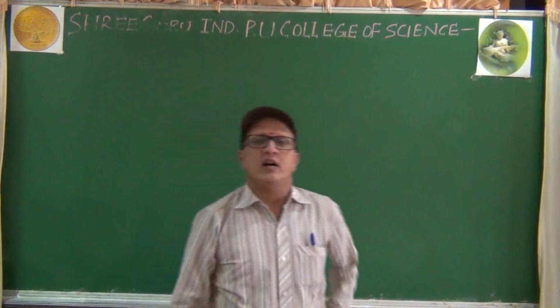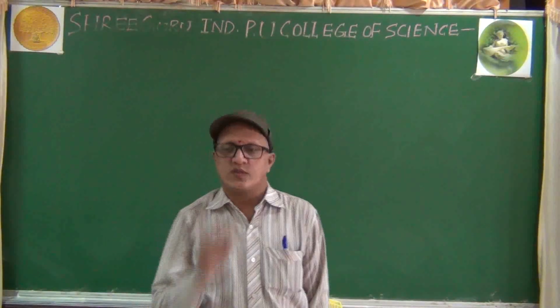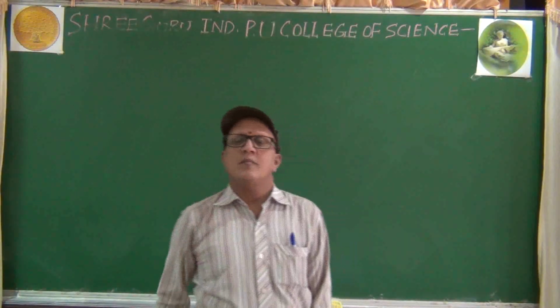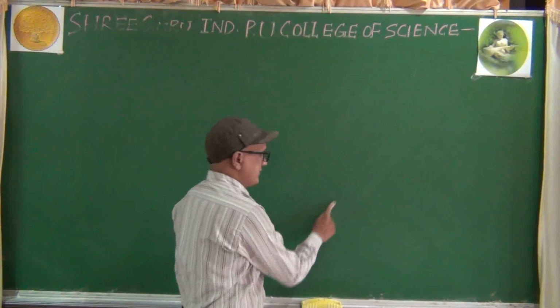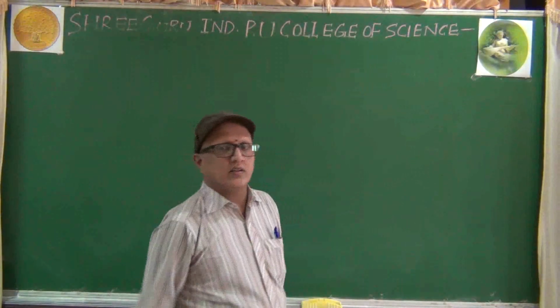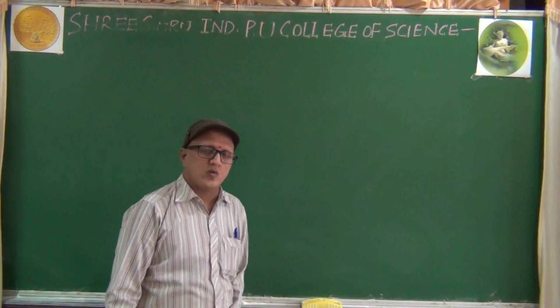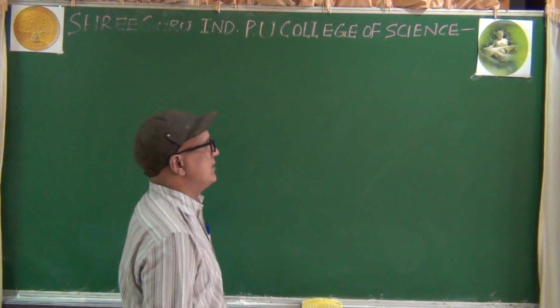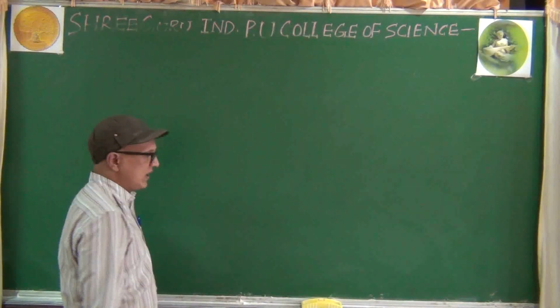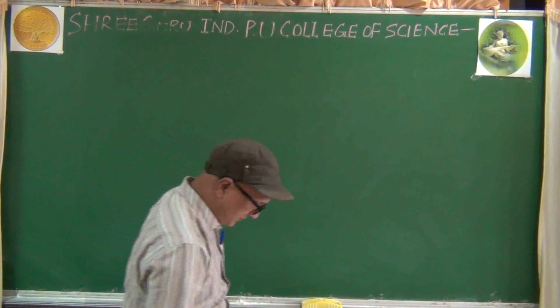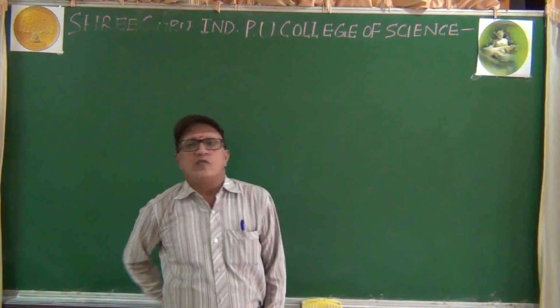That is the way of finding the order of the matrix: number of rows by number of columns. We have to read it as "by", otherwise "cross". 2 by 3, 4 by 5, 3 by 3, 2 by 2, like that. 2 by 2 matrix, 3 by 3 matrix, like that. Right? Now let us see the general form of a matrix.